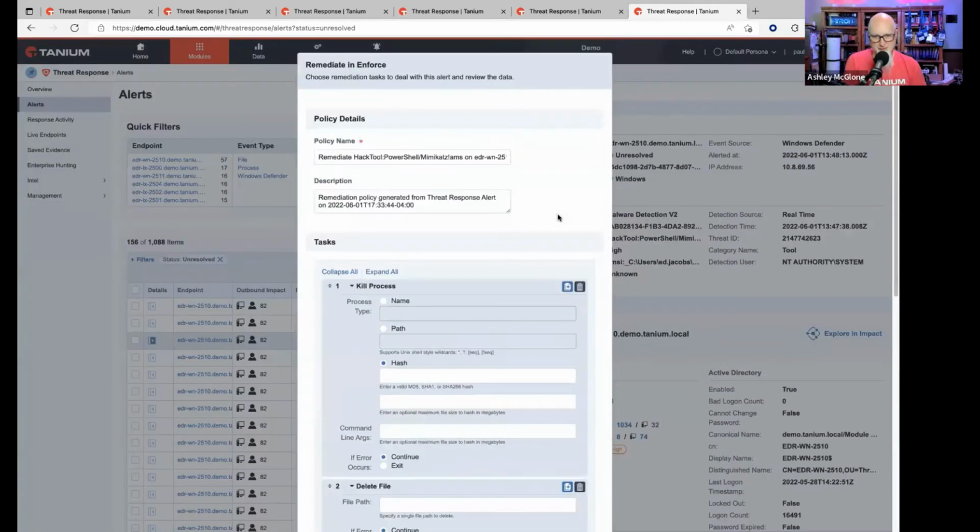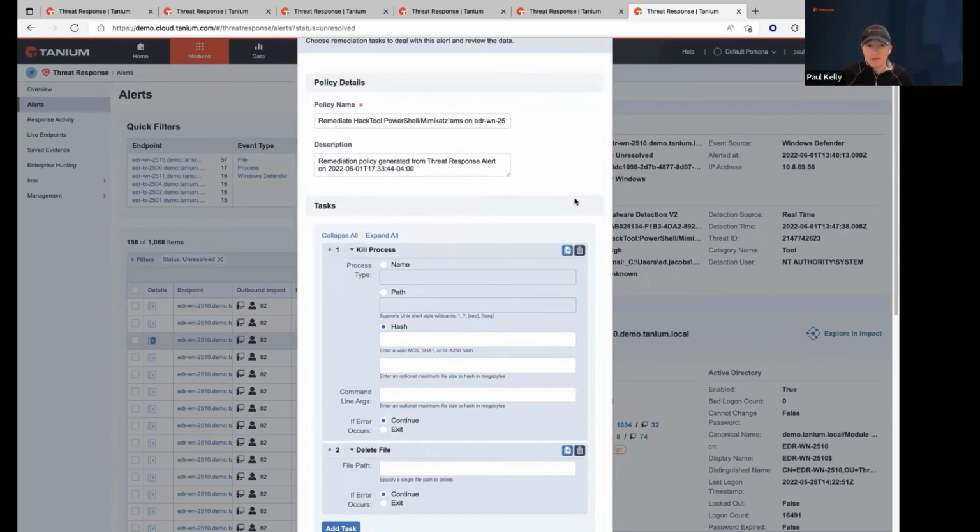Well, it looks like you're about ready to click remediation and enforce, and this is the final moment right here I want people to see. Yeah, this is absolutely it. So this is me walking around to every computer and taking that action. Now I can actually just sit in this chair and do it right from here, and I can do it across the enterprise. So we know that this is Mimikatz.